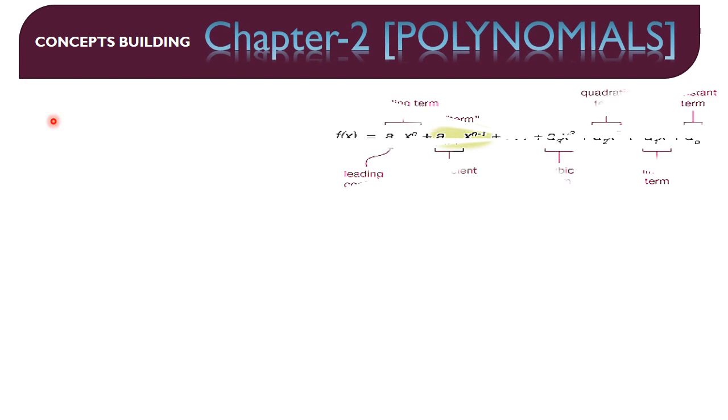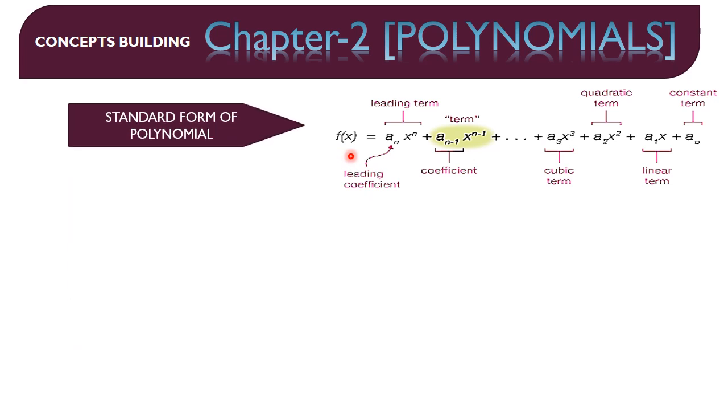Now students, we will discuss the concepts related to chapter number 2, polynomials. As you know, a polynomial is an algebraic expression having 2 or more terms, and the standard form of this polynomial is this, where we can observe that a1, a2, a3 are real numbers or the coefficients of variables, and x is a variable in this polynomial, and n should be a non-negative integer, or I simply say that it's a whole number. If it is negative or a fraction, then it's not a polynomial.